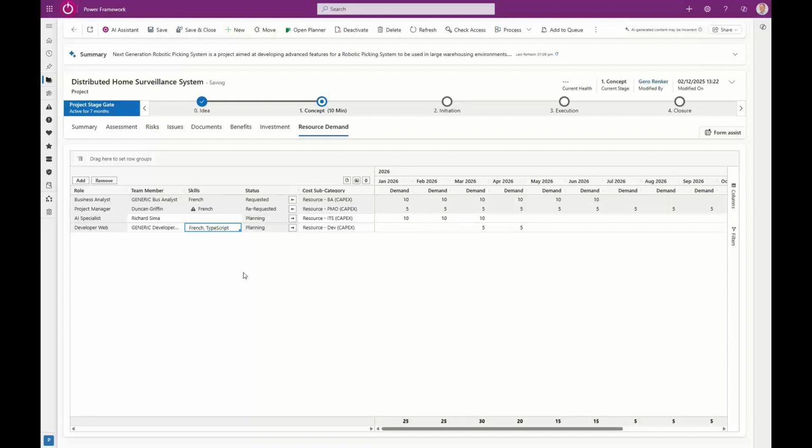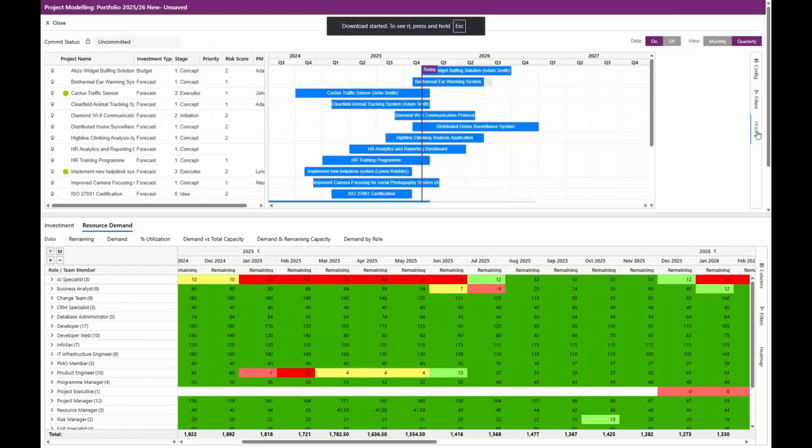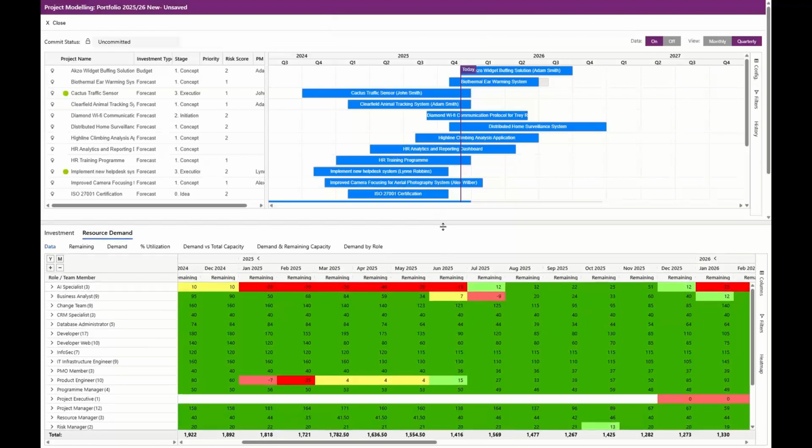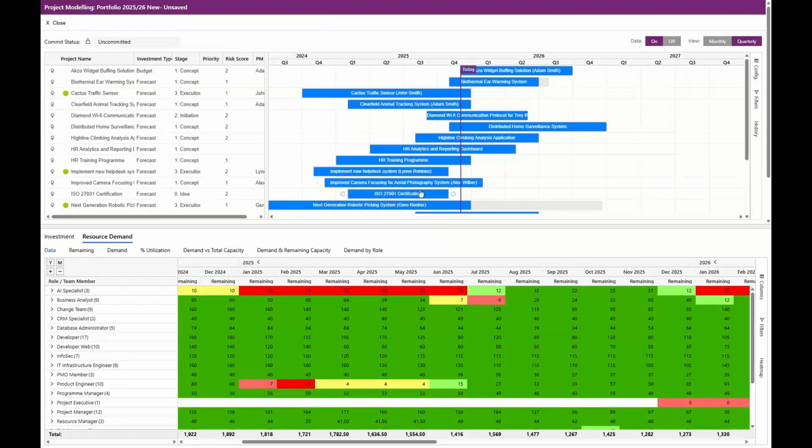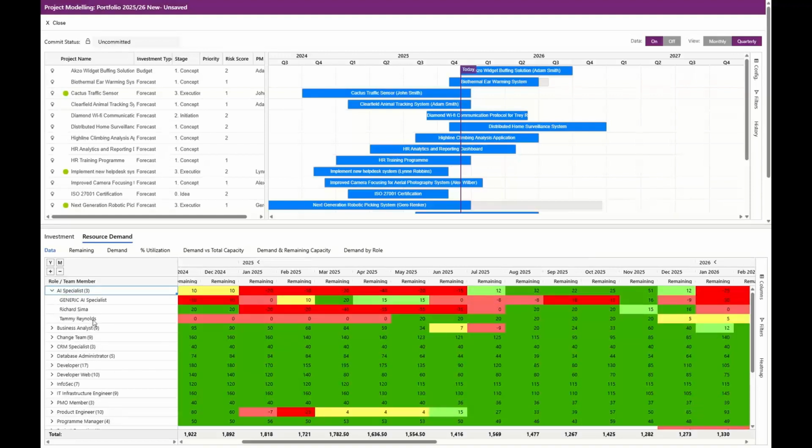Now, if we consistently put resource demand like this against all of our project proposals and business cases, we can, of course, report on that. But even more so, we have an optional module that allows us to now do some modeling against that. You can see here, this is a model I've created previously where I have lots of projects in this model up here with their potential timelines. And I see a resource heat map in the lower section of the screen, grouped by role. And we have individual people, resources within these roles that have all got individual capacities defined,